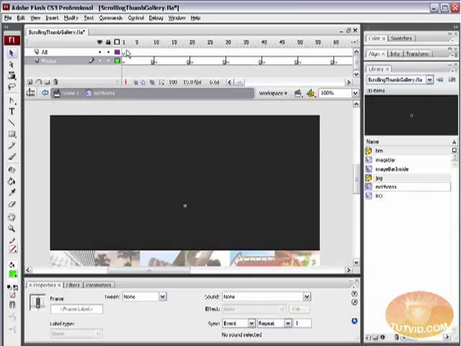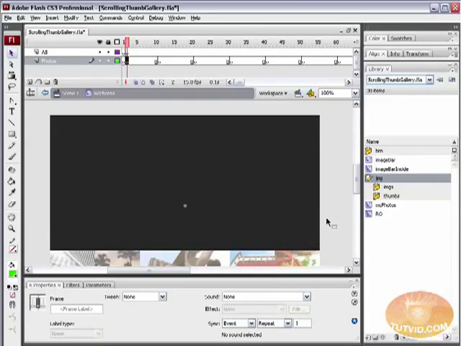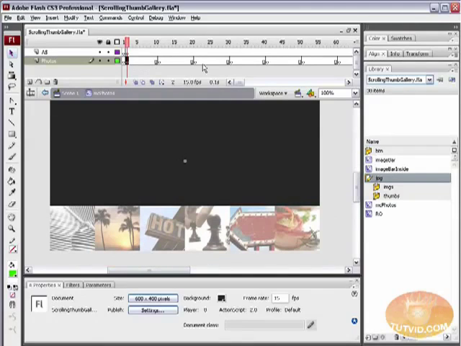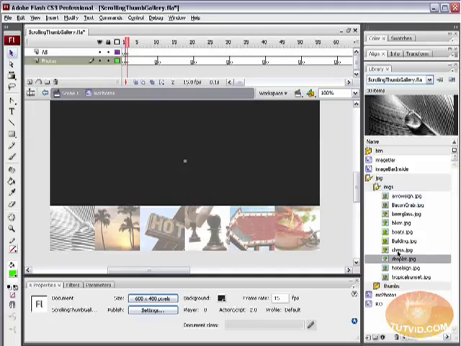Next thing we need to do is drag down here and hit F5 and then hit F6 to convert those two new frames to keyframes. So now we actually have 101 frames. And we are going to start right here. What we want to do is drag out a photo and place one on each of these keyframes. So we want to keep a lookout and see what the first photo is. In this case, image 1 is this droplet on the leaf, so we'll keep a mental note of what's going on. So we're going to drop this guy in here